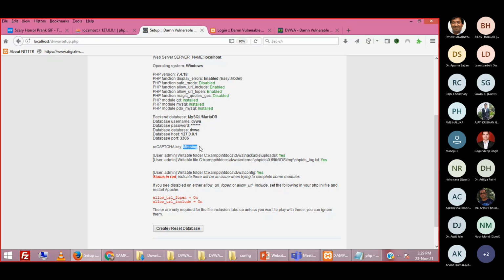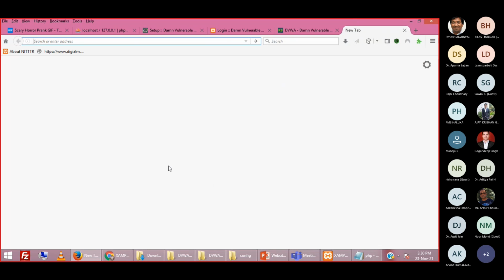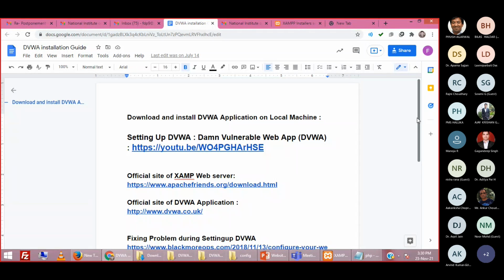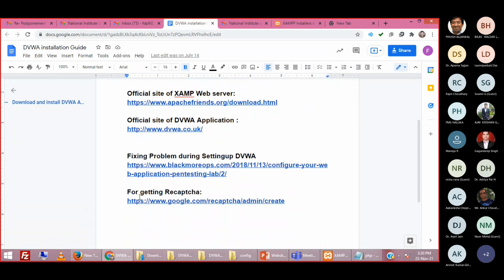To enable this CAPTCHA in DVWA, though it is not very much needed in DVWA, right? But it is a need of configuration, so we have to enable this CAPTCHA. To enable it, you just have to open the link which I shared yesterday. This is the link to get the reCAPTCHA.